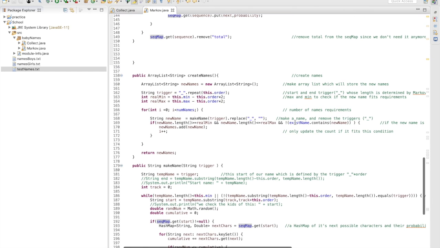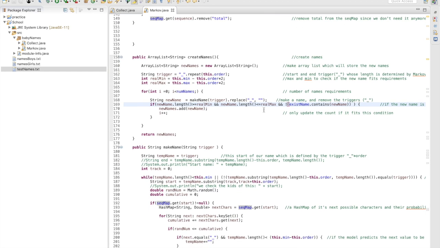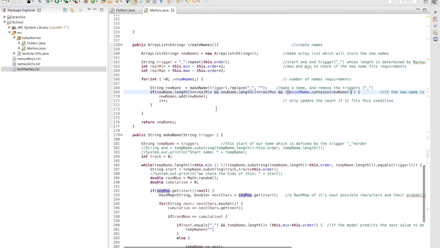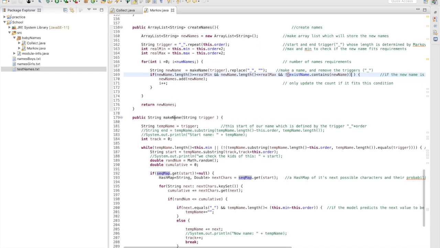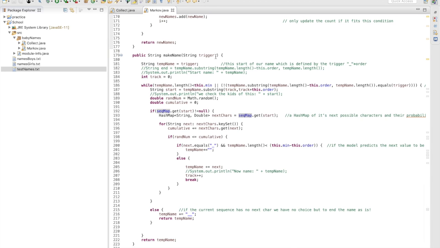So we obviously have the conditions for minimum, maximum, and whether the name exists in the array or not, and if it satisfies the conditions which were given by the user, then we add it to the new names. So let's look at the make name method. So the trigger is just those dashes that I mentioned, whose length are determined by the order. So we'll start with, say, 2 dashes if the order is 2,